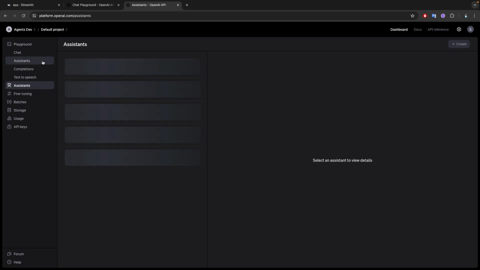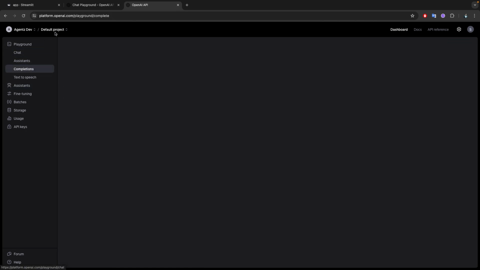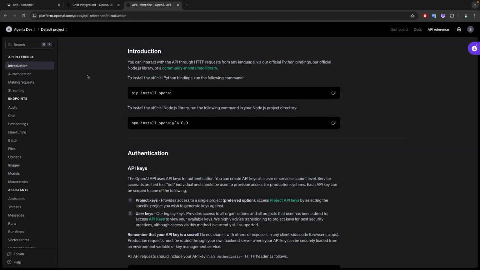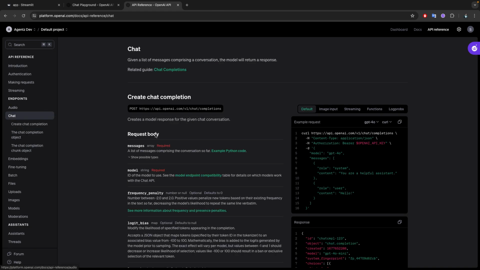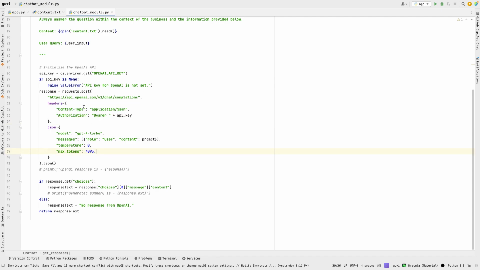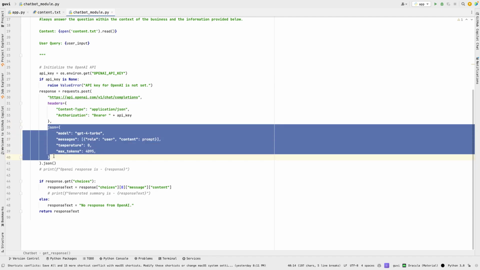if you go to the documentation, you can also see the view code. Here they have mentioned all the cases. We are interested in the chat completion API. They mention a POST call, and from this you can get this. In the JSON, this is where we are sending the prompt,